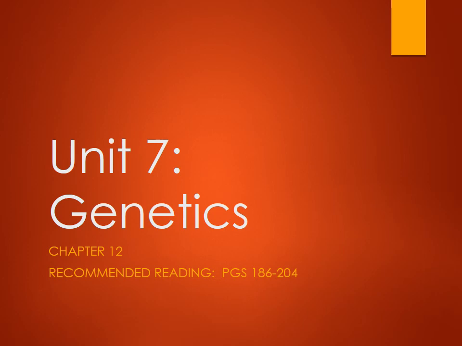So here we are at Unit 7 in Animal Science, which covers genetics. And I know the slide set only says 22 slides, but don't let that mislead you into thinking it's an unimportant unit, or one that's not going to be right up there as one of the more difficult ones that we talk about, because genetics is always difficult to understand for some people, and how to select, manipulate, and apply those